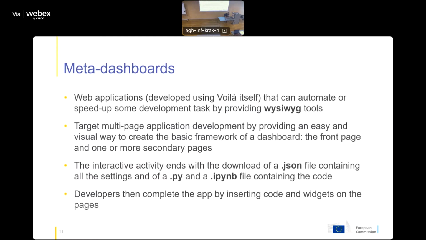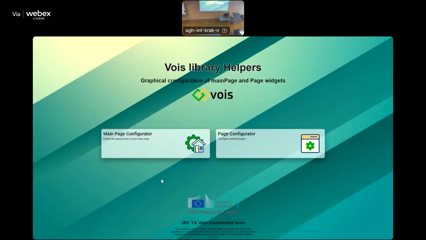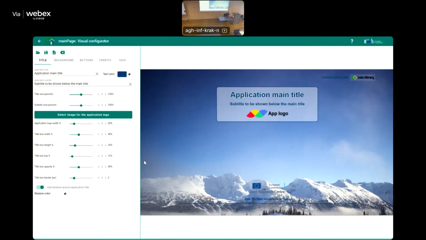Let's see how it works. This is the main helper, so this is a video. It's a dashboard, as you can see. Maybe it's not so clear, but there are two buttons. The first button opens the configuration of the front page, the main page of the application. Here